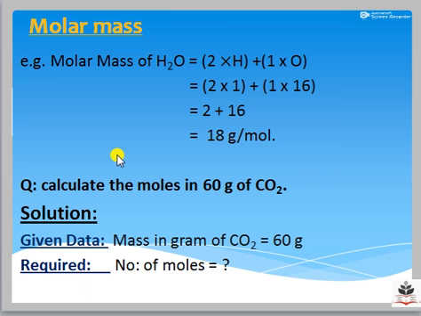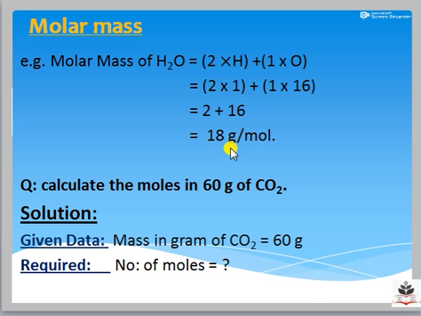Okay, students, now let's take the example of water, how we will find out the molar mass of water. The molar mass can be found out by using the formula of the substance. As you know, the formula for water is H2O. So how many hydrogens are there? 2 hydrogens are there, and 1 oxygen is there. We will take the atomic mass of hydrogen and oxygen from the periodic table. So the atomic mass of hydrogen from the periodic table is 1, and the atomic mass of oxygen is 16. When we solve it, we get the answer 18. So it is the molar mass of water, so we will use the unit gram per mole.